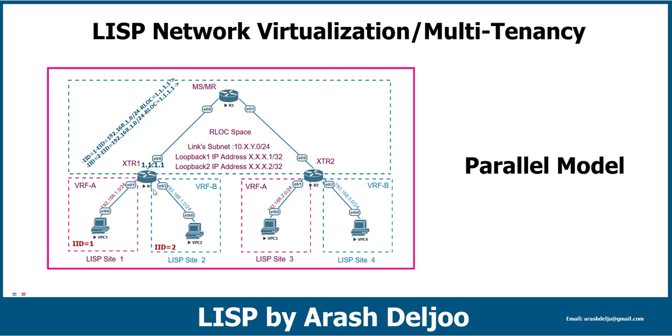But in the parallel model we do this function with a little difference. Look at here, in the shared model we have only one MS and one MR, and also in R1 we have only one LISP instance. Okay, now let me talk about the parallel model. In the parallel model, we don't use one RLOC address for both of, for example, VRF A and VRF B. Here, in the parallel model, we have two LISP instances in two